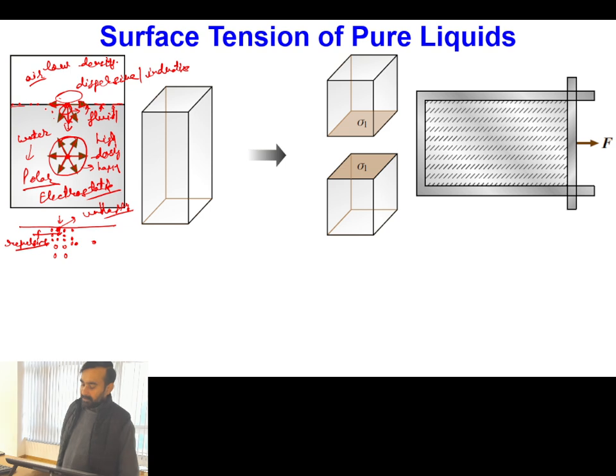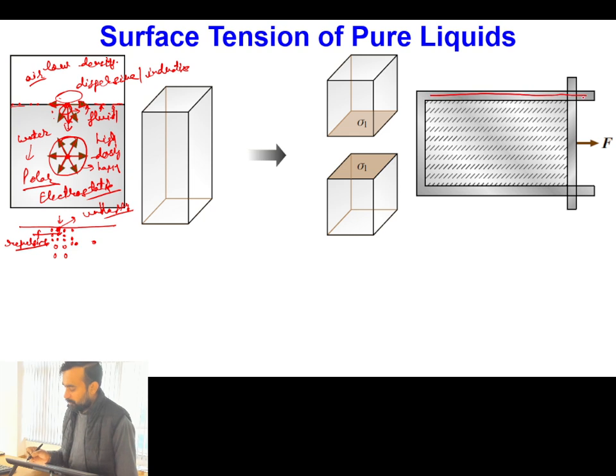So here typically the net effect is that the molecules near the interface are always subjected to some net amount of force which is called as surface tension force. Okay, so how surface tension force is manifested, let us try to understand with the help of this simple